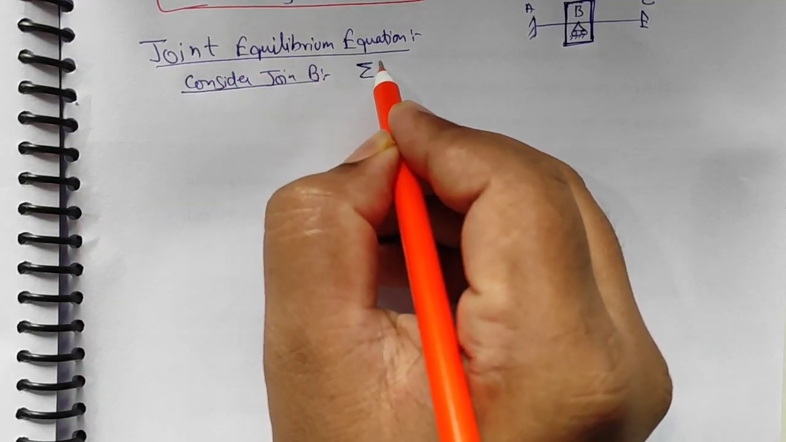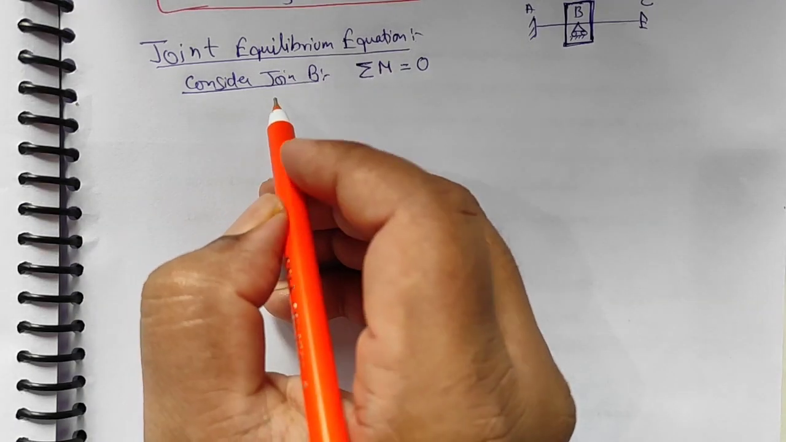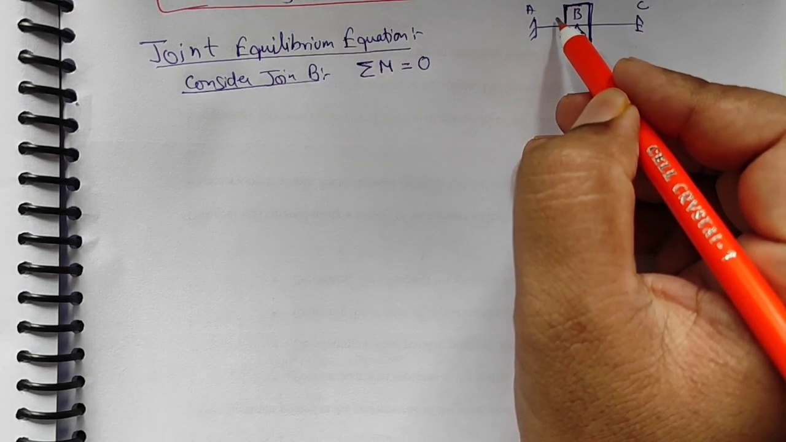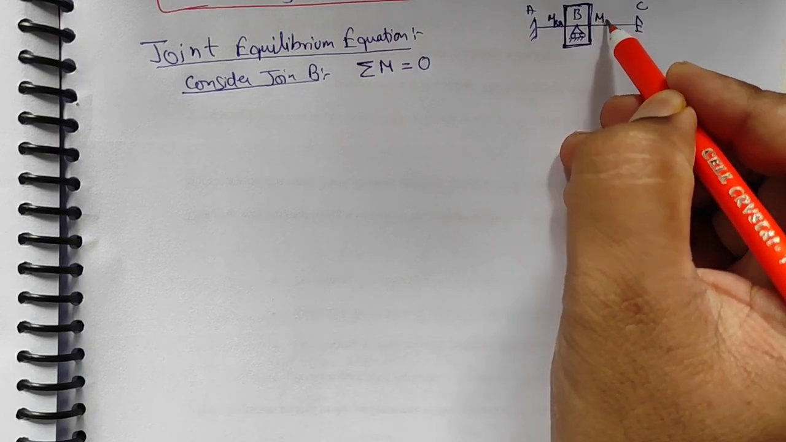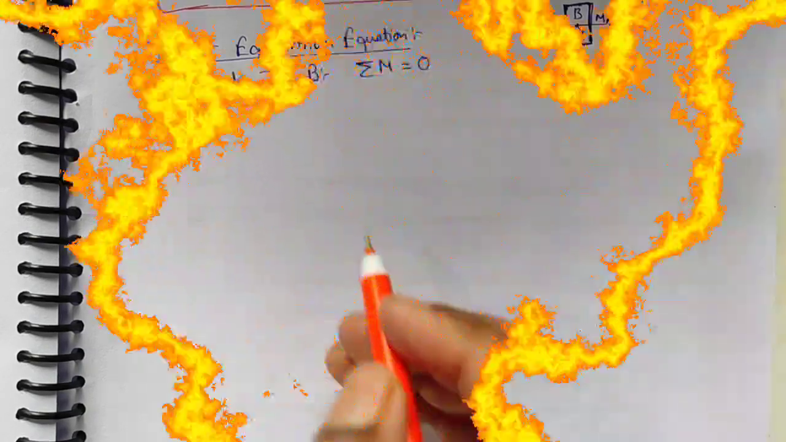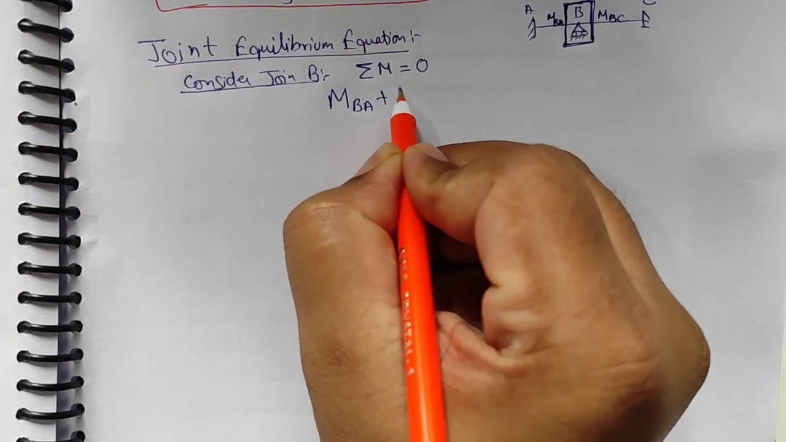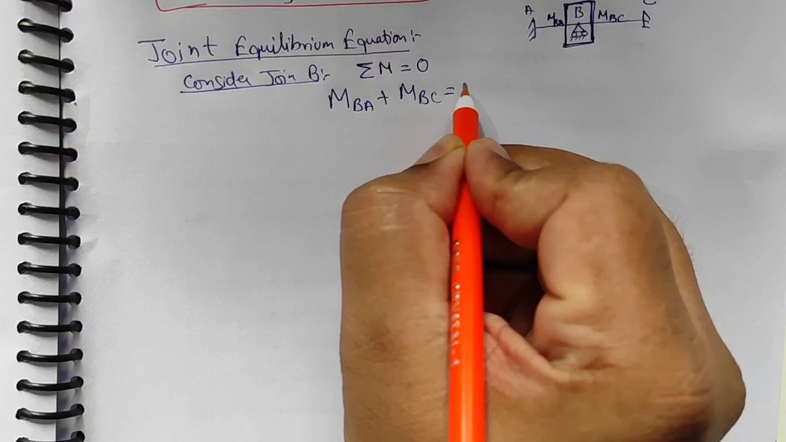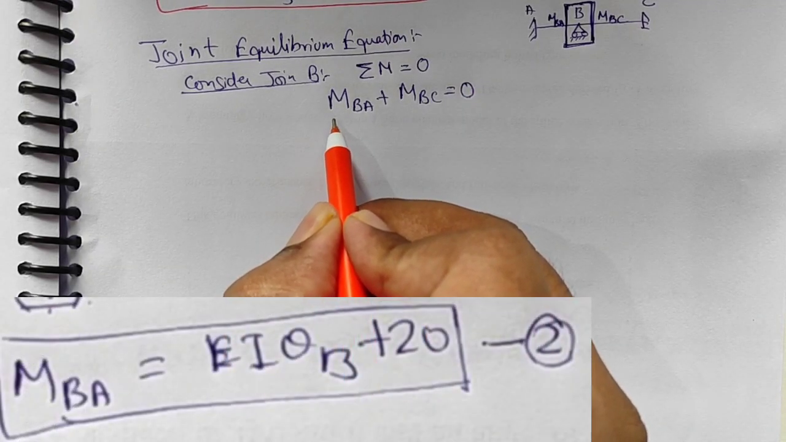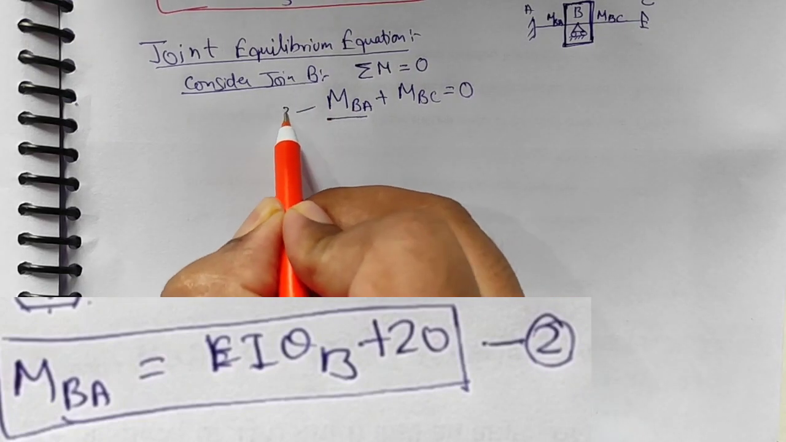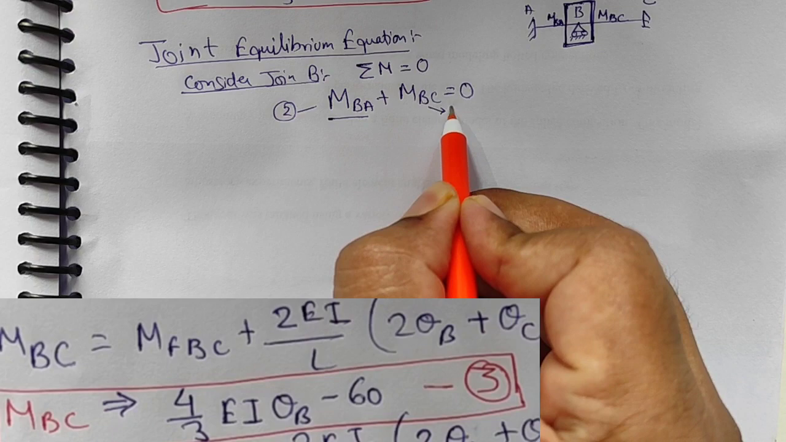The total moments acting at this end I'll take equal to 0. So here I can see that the moment MBA is acting along with MBC. Hence I will take moment of BA plus moment of BC equals 0. Now substituting the value of MBA from equation number 2 and the value of moment of BC from the